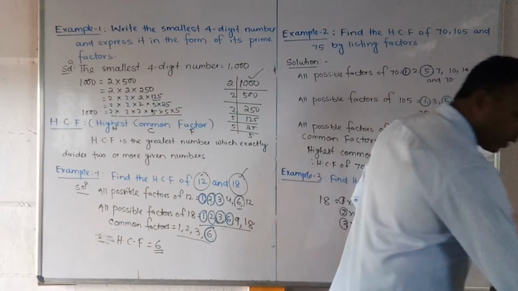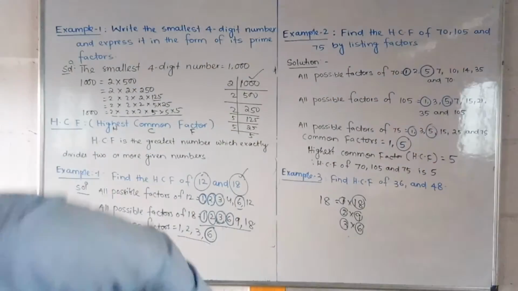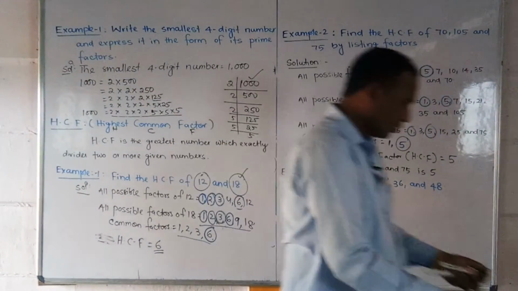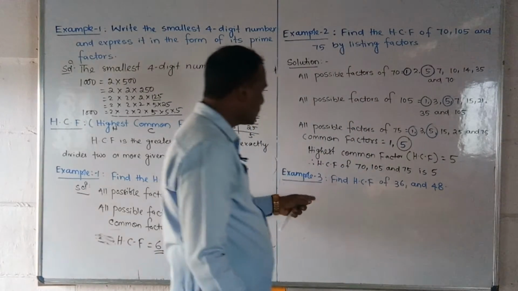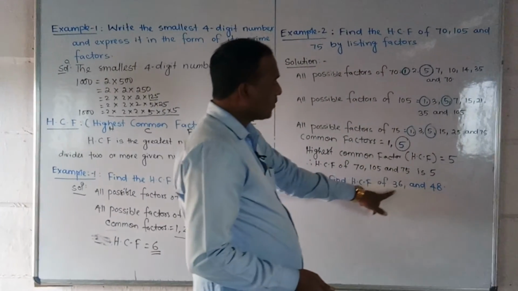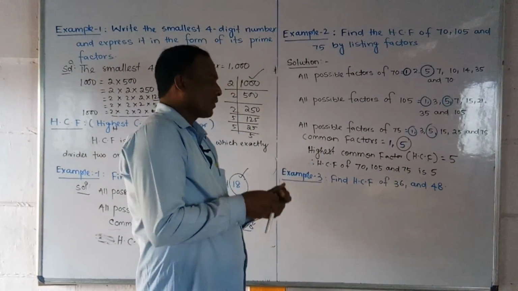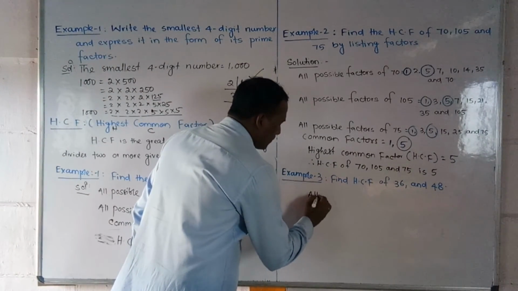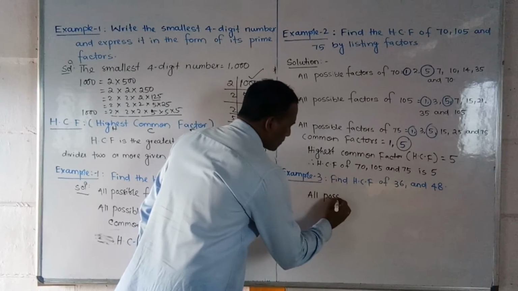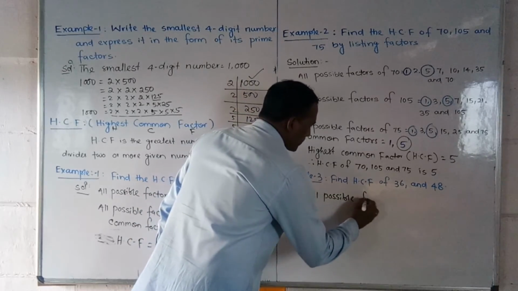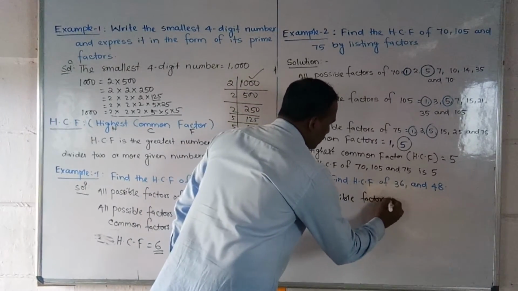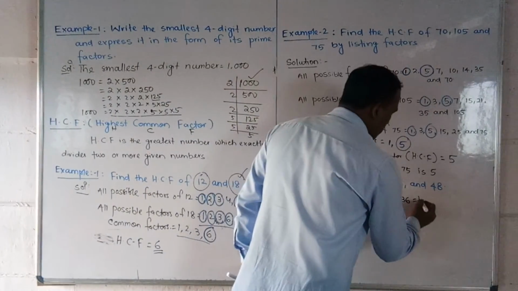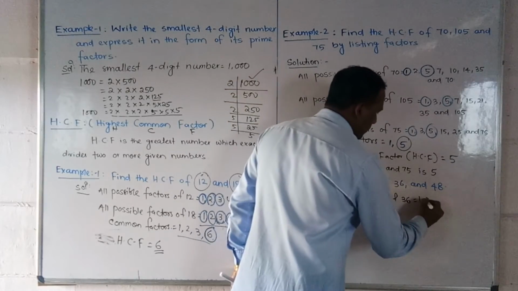Now look at the third example, students, so you can understand also. The question is: find the HCF of 36 and 48. ठीक है, ये दो नंबर दिए, तो कैसे करना है? पहले all possible factors of 36 we can write. क्या क्या होगा, देखो, फर्स्ट 1 तो कंपल्सरी होगा, 2 भी होगा, 2 18 जा,